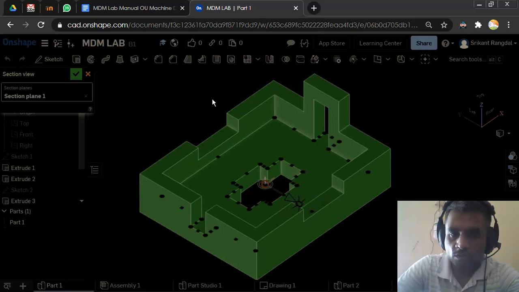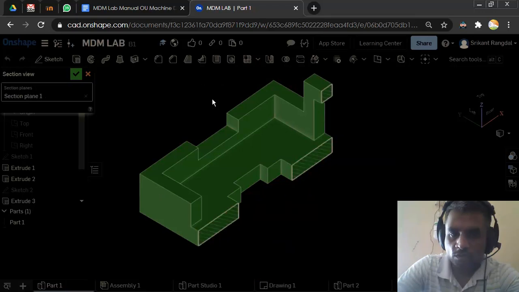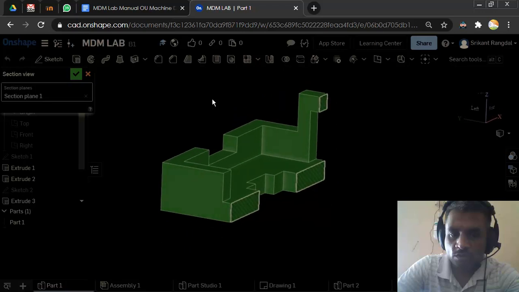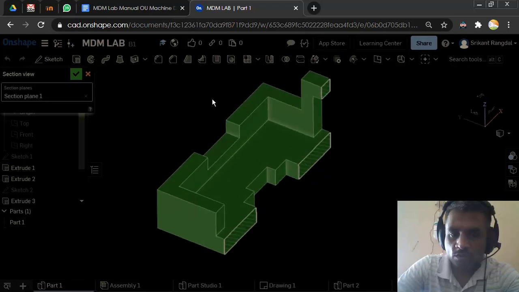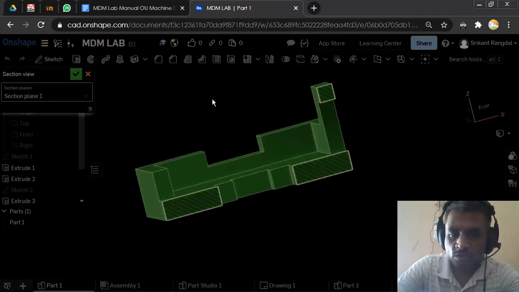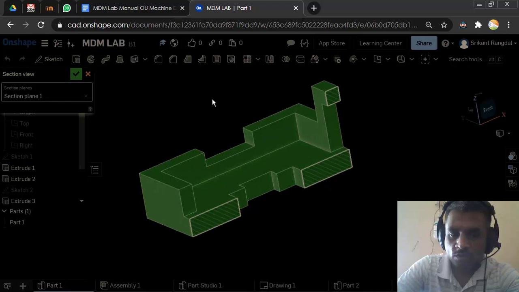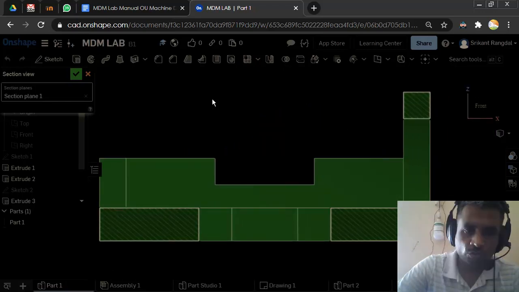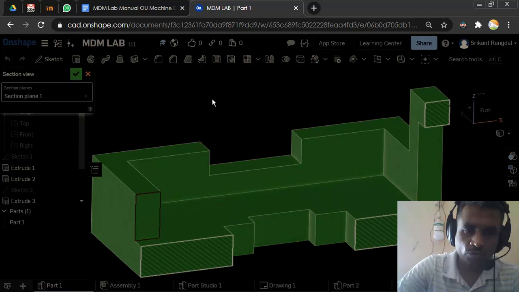So you can see hatching appears only in this part over here, and this upper part. This face here is not touching the section plane, so we don't hatch it, and same goes with this particular face. So let us draw this here in AutoCAD. I'll just take offset, and in offset I'll use the through command, offset of this through this point, offset of this through this point. Okay, and this has created for me.